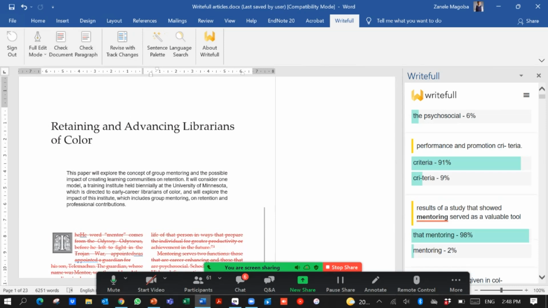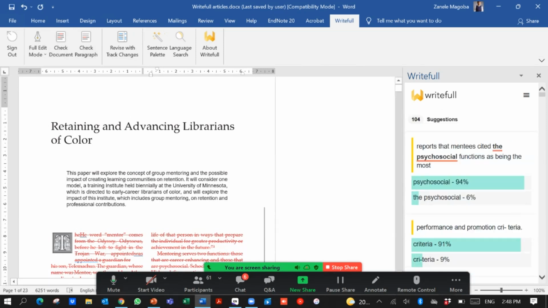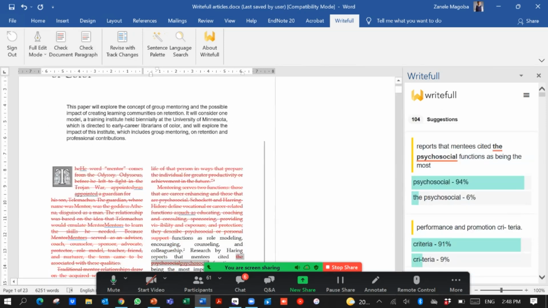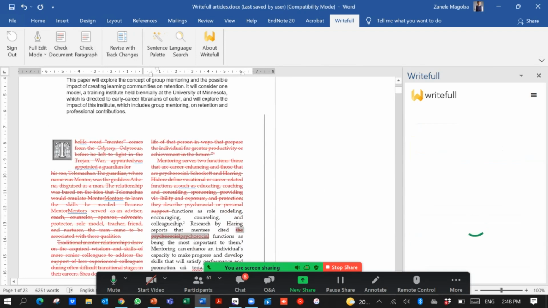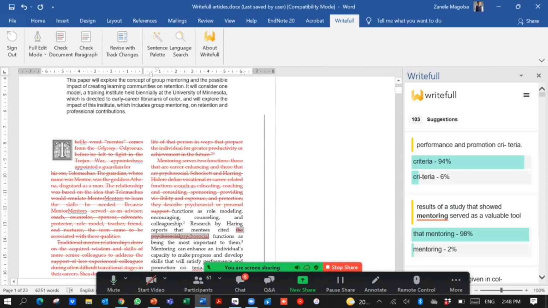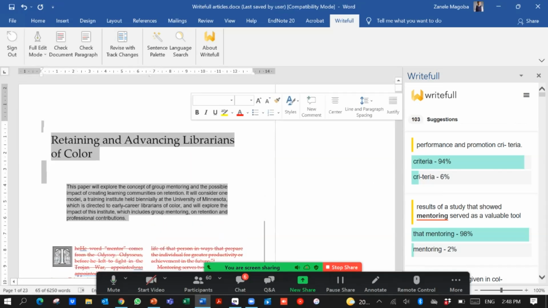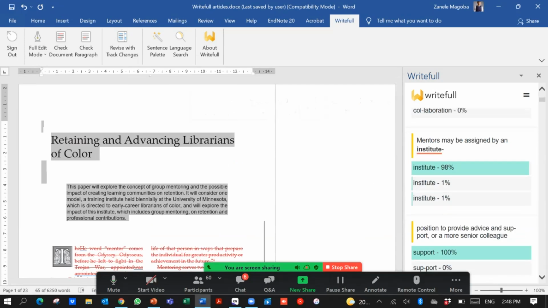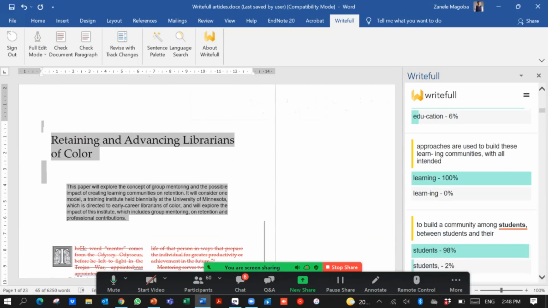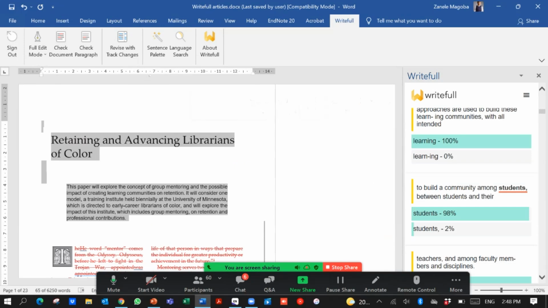And I could go in and accept the change. And as I accept the change, Rightful would add those changes into my text. And so this is when you want to just do the edit mode and you want to see what the suggestions are, and Rightful will present the suggestions also in terms of percentage. So this is, in this case,